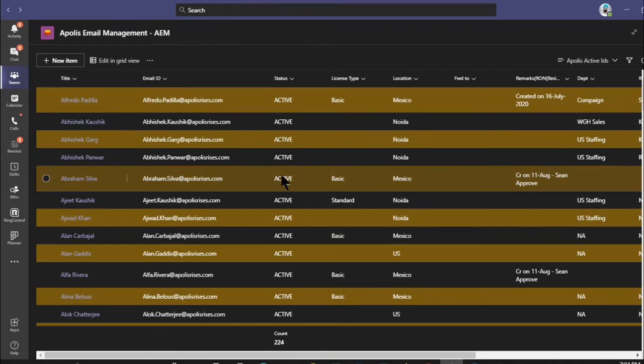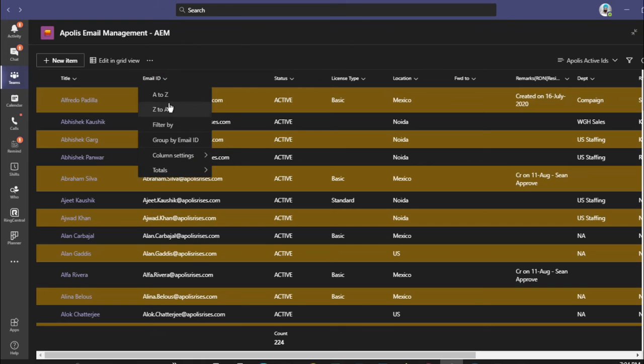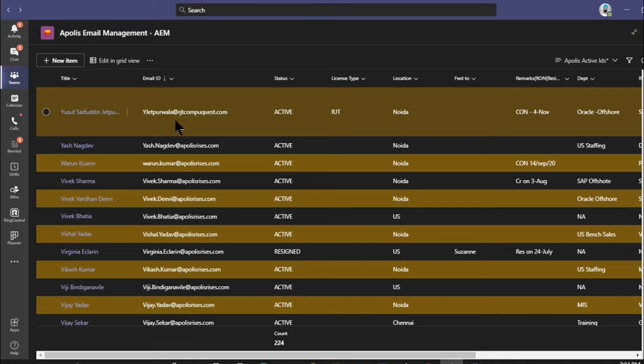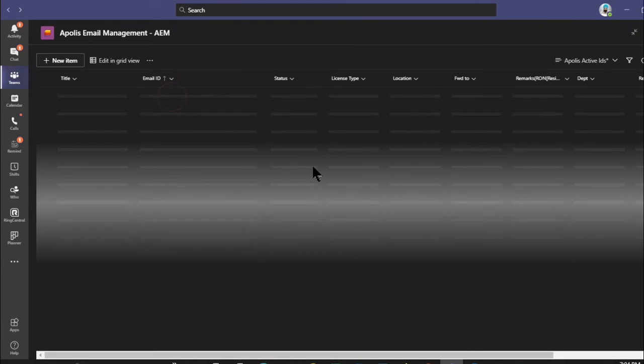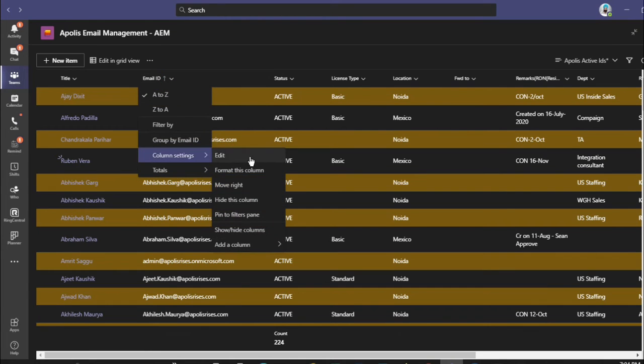So you can see all the beautiful backgrounds I have changed for my odd rows, and based on my column the background has changed. It looks pretty nice on my team backgrounds, and I can also sort it in ascending or descending way, or in any way. So let's see how I have set the background colors.